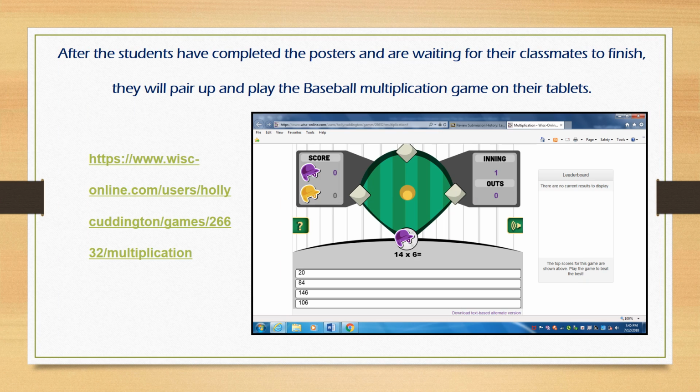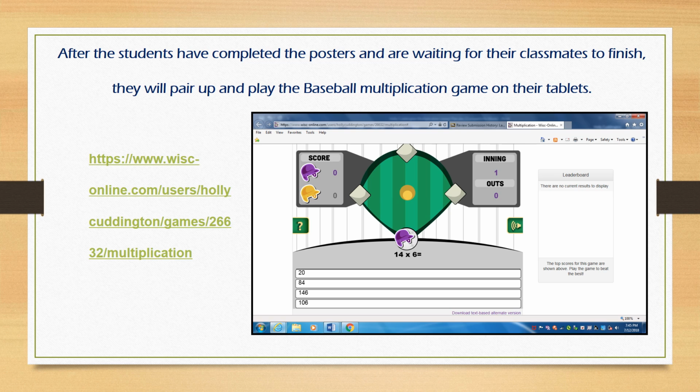After the students have completed the posters and they're waiting for their classmates to finish, because we always have friends that finish at different times, what they're going to do is they're going to pair up and they're going to play the baseball multiplication game on their tablets. So together they'll go to the link and